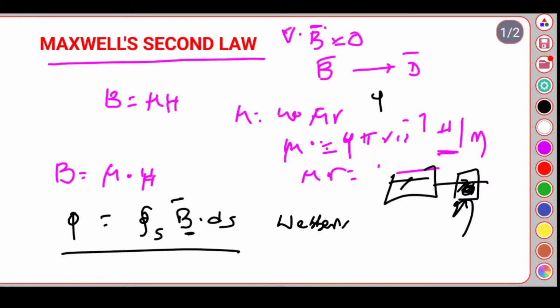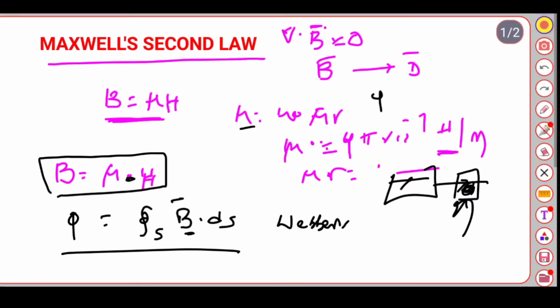First, to derive Maxwell's second law, we have to know what flux density is, what its unit is, and the relation between flux density and field intensity. Then mu equals mu naught mu r, but for free space B equals mu naught H, with mu r equal to 1. The magnetic flux density units are Weber per meter square or Tesla. The flux passing through unit area is not exactly at right angles, so it makes an angle.